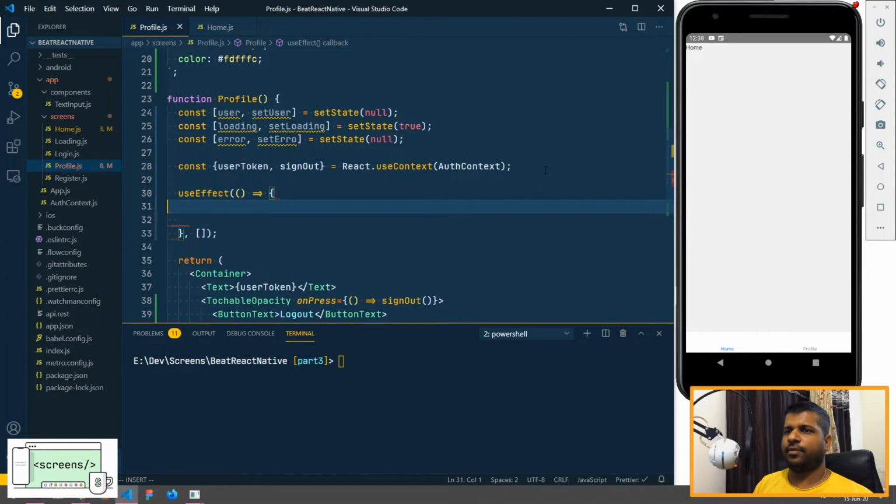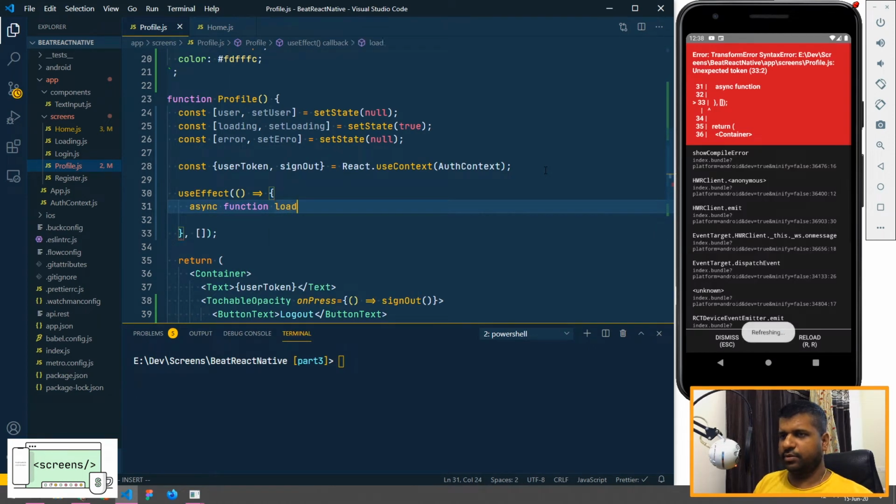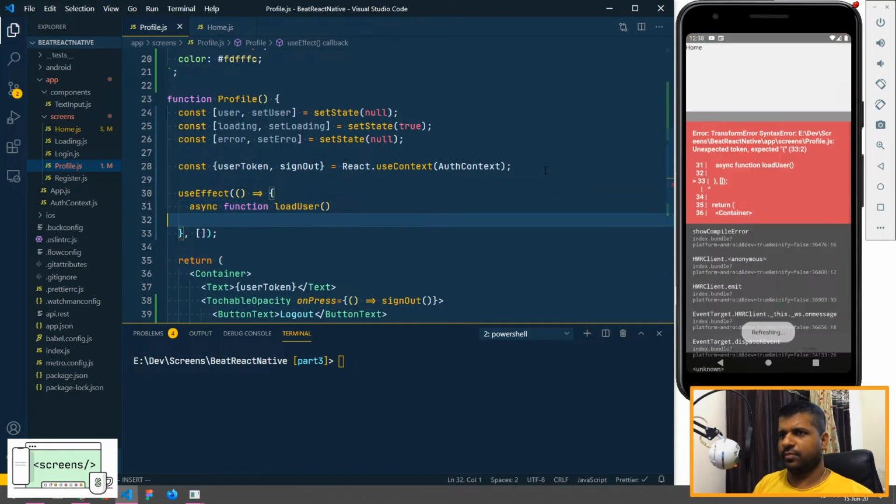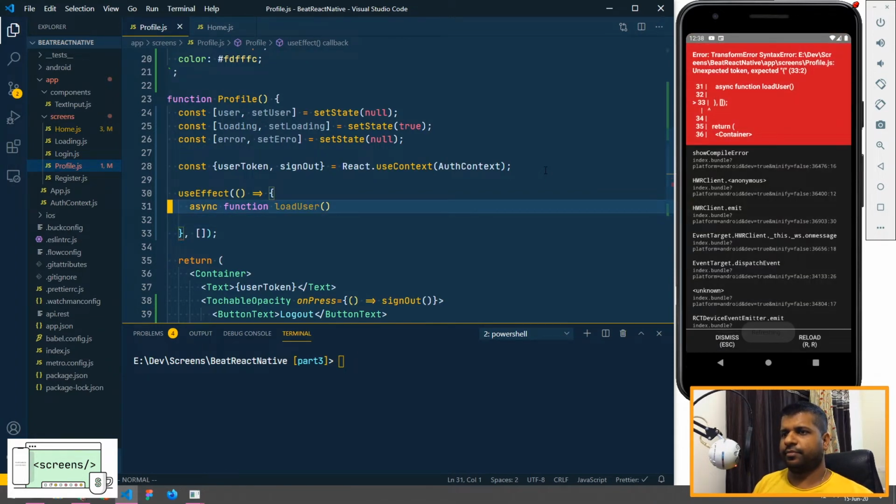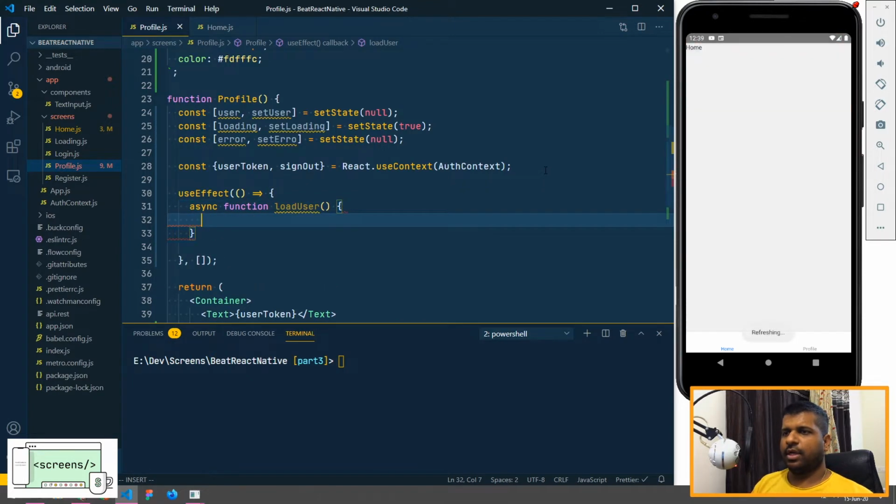Okay, and we'll create an async function, async function load user. And in load user, we'll make the API call. So first let's call load user now.